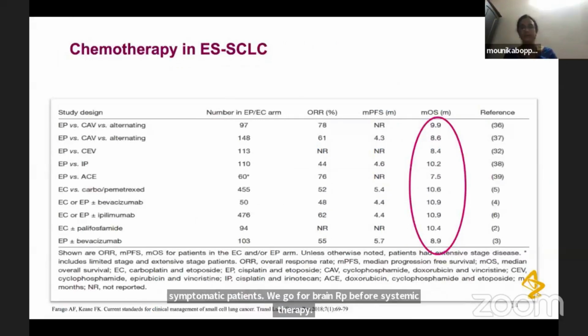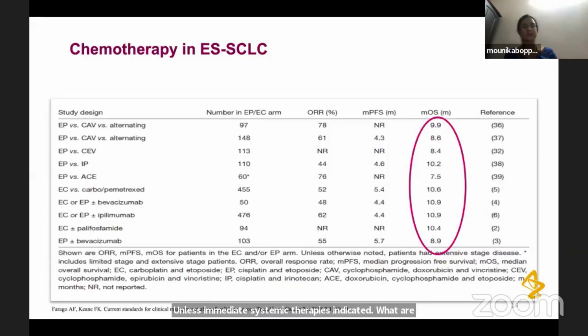What are the chemotherapy regimens that we have? We know that the time-tested regimen is the etoposide platinum combination. And there were a few other regimens, including some pemetrexed-based, and addition of other targeted agents like bevacizumab or palifosfamide to the etoposide platinum backbone. None of these have shown any improvement in progression-free survival or overall survival. So etoposide platinum has remained the gold standard over the last few decades, and median overall survival never exceeded 11 months; 10 to 11 was the maximum